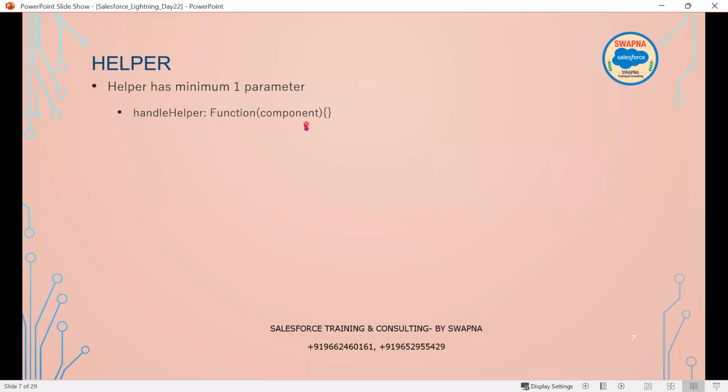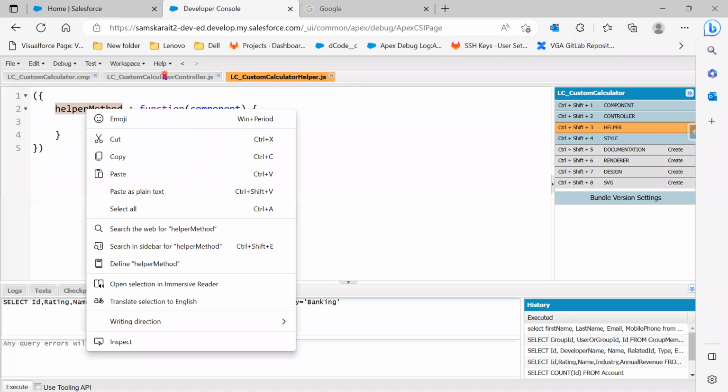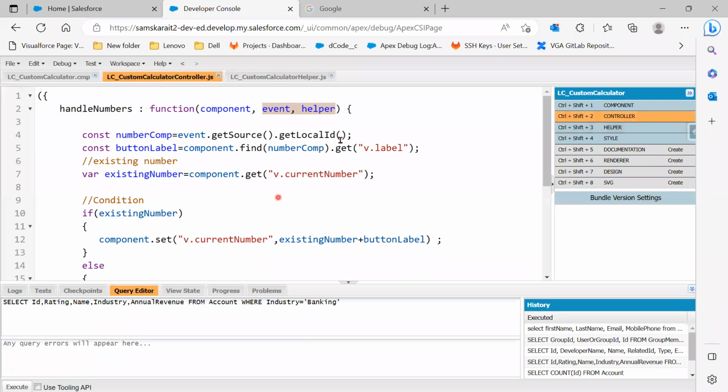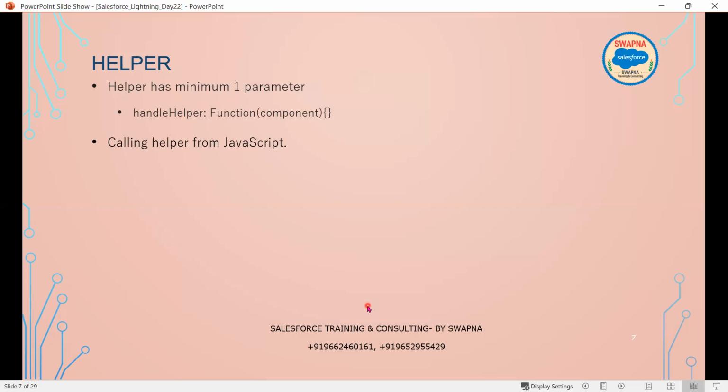Now, the helper function, the component, that's what we have seen. If I have implemented a common logic here, and I have to call this from the JavaScript, how can I call it? What is the command for it? The command is you need to mention helper dot handleHelper,